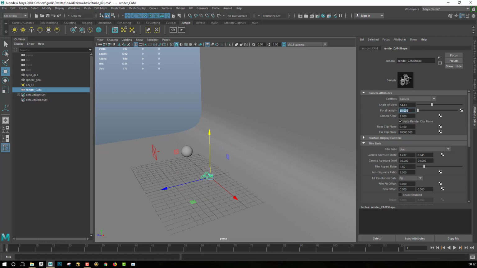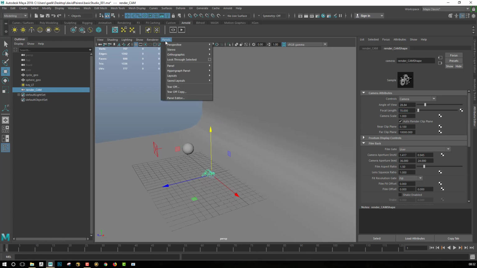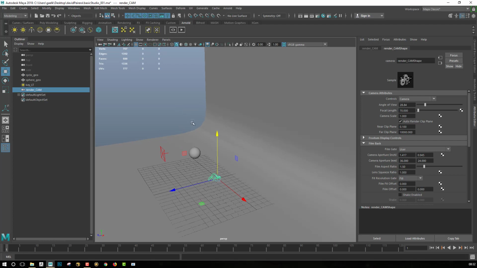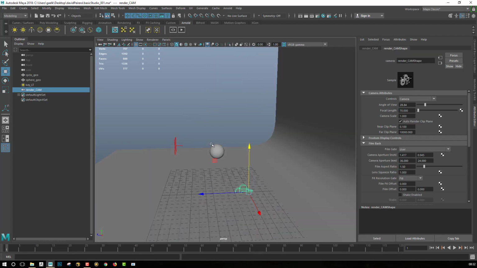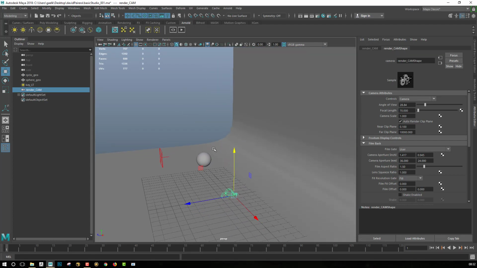Most of the time I try to use something between 50 and 100, and maybe even 150, but for this let's try 70. 70 will be better, I think, because we will get less distortion. It's a sphere that we are trying to render, so we'll not get to see how the distortion will work, but it's just for preparing you for your actual render scene.